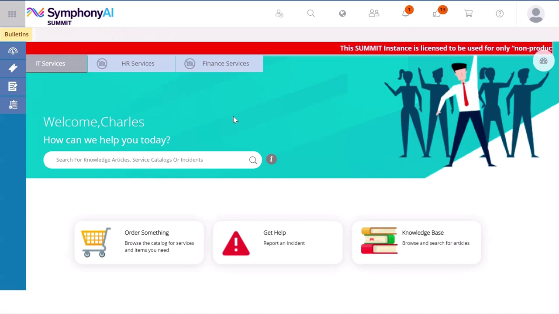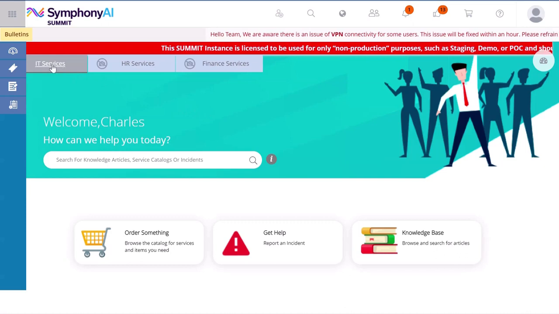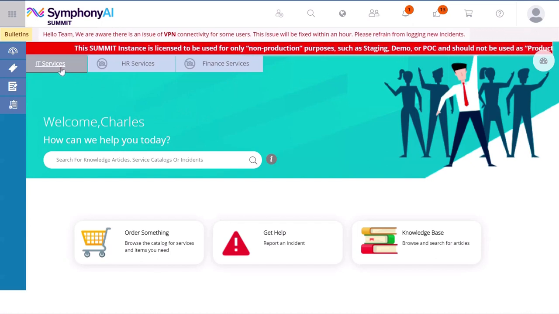It's important to note that while the features available in each tenant will be the same, the user interface for each tenant may differ based on organizational requirements and admin configurations. For instance, the user interface for IT services might look different from that of HR services or finance services. Currently, the IT services department is selected on the screen, which means that the user is currently accessing the IT